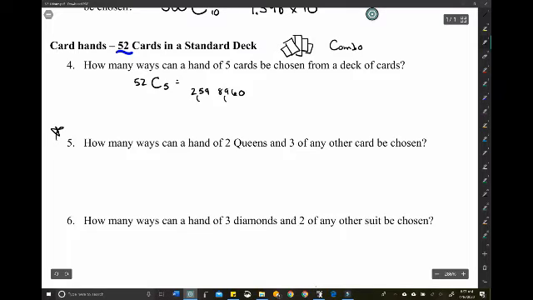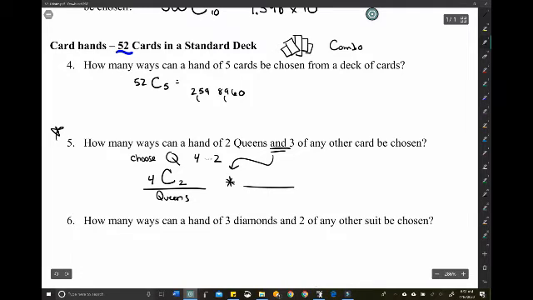How many ways can a hand of 2 queens, so 2 of the cards must be queens, and 3 of any other card be chosen? Okay, so let's think about how we can choose the queens. Again, order doesn't matter. So choosing queens, there are 4 queens in a deck, and I want 2. So for our queens, there are 4 of them, and I'm choosing 2. 4 choose 2 of the queens. And "and" in mathematics means to multiply. So I'm going to multiply 4 choose 2,